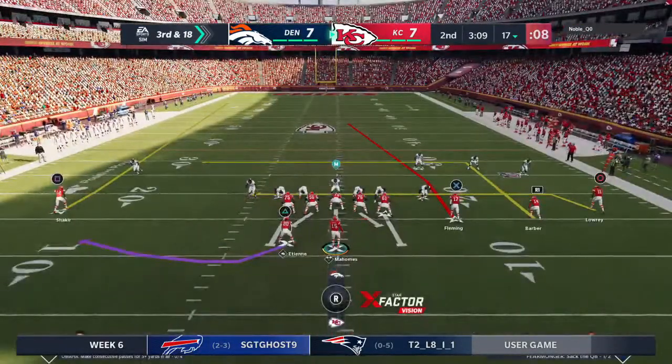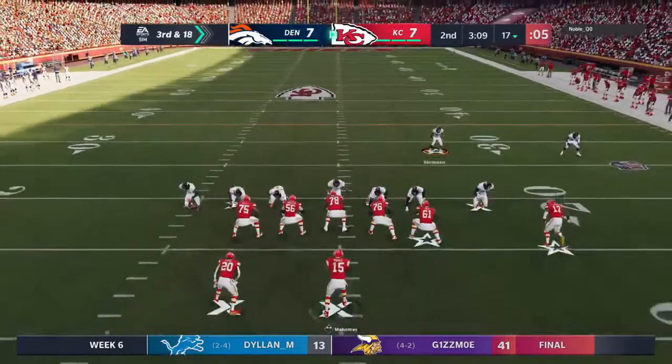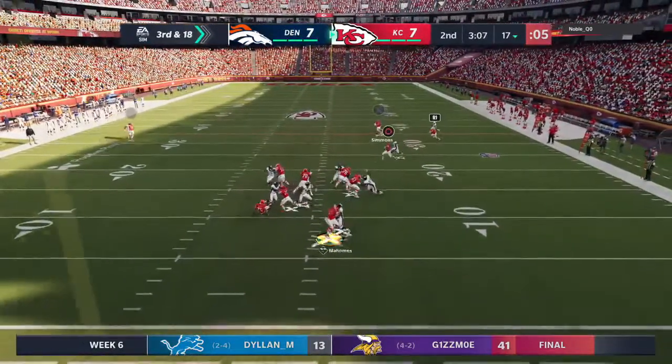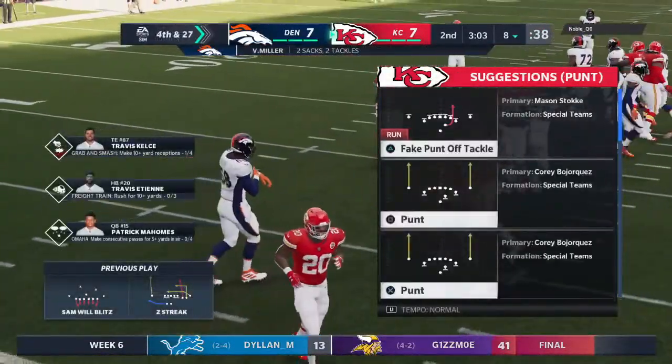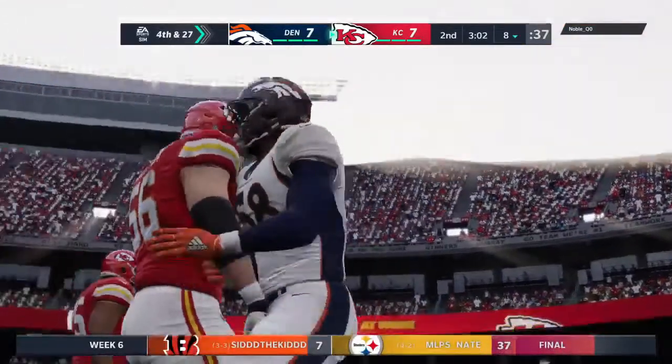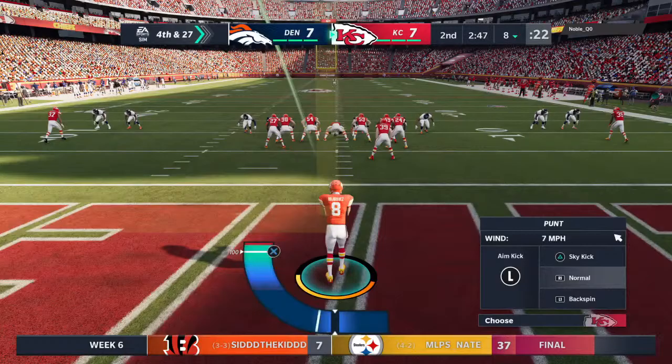The Chiefs on third down. A perfect 3 for 3 as they look to keep that streak going. This will be a tough 3rd and 18. In trouble here, and down he goes. Back at the 8-yard line. Von Miller in there for a milestone sack as that moves him past Hall of Famer Michael Strahan, who finished